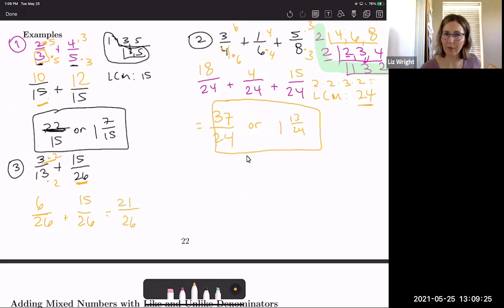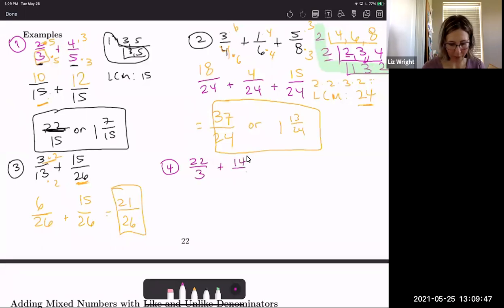So then you ask yourself, is there anything I can reduce, anything I can take out? And then the answer to that is no. So we're going to circle or box that up. Next one, number 4. So this time we've got 22 over 3 plus 14 over 5